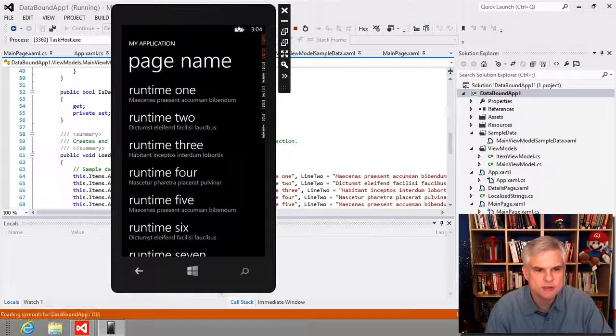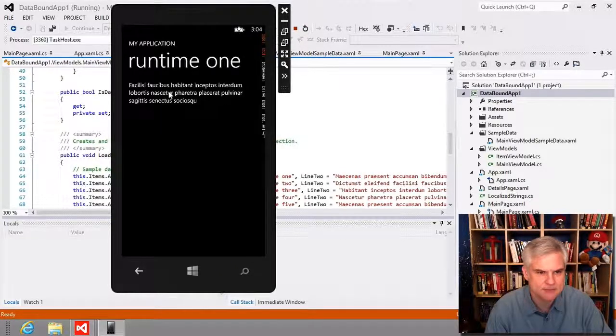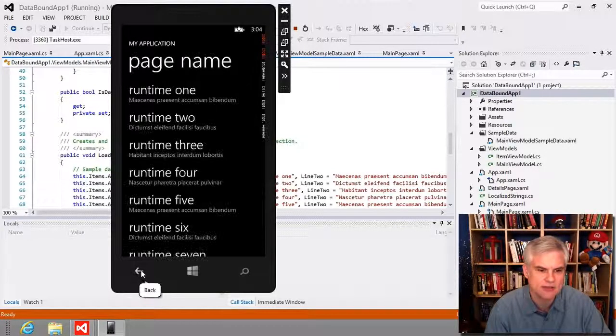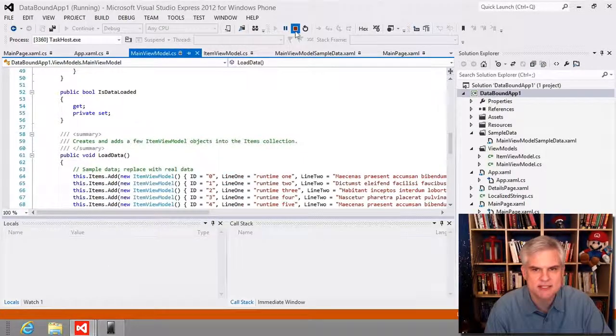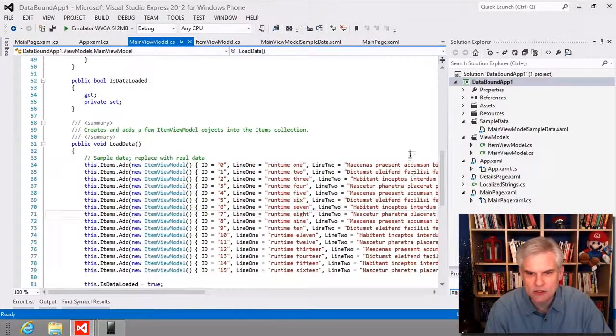What we were able to do was click on one of these list items in order to see a detail page with the name of the item and its lorem ipsum text, right? And then you can navigate back using the back button. All right, so let's stop this now